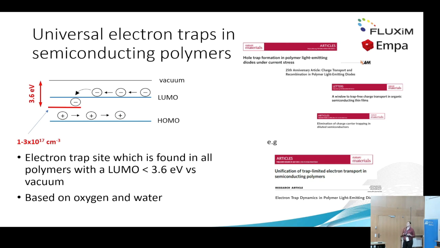Trap states are widely looked into because they usually have a very detrimental effect on our full devices, and especially electron traps seem to have a major effect on the electron mobility in most of the semiconducting polymers. And this is attributed to several kinds of electron traps, and one of those, which is quite notorious, is the,